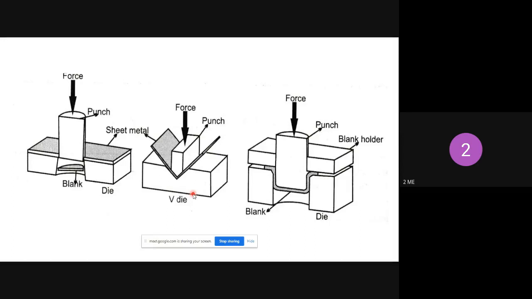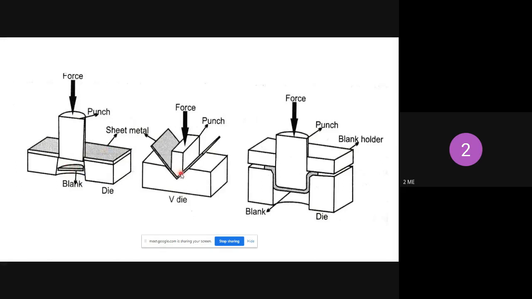So this is the cutting operation. I already explained that the cutting operation is nothing but the entire sheet metal being placed above the die and pressure being applied to it. Based on the size of the punch, that metal will be removed. That is called the blank. A blank is the useful workpiece.